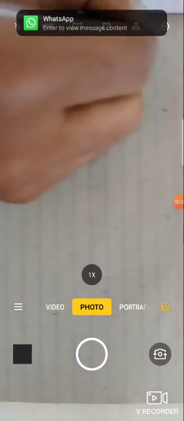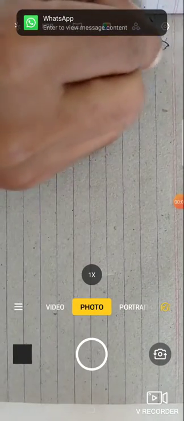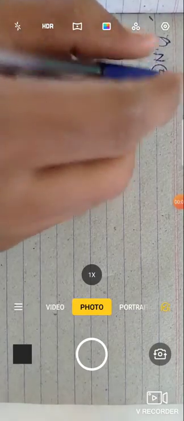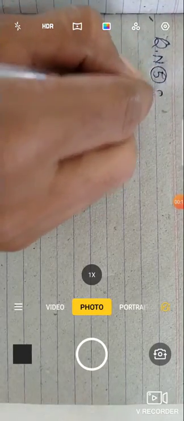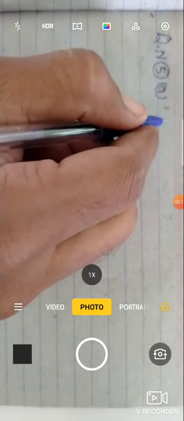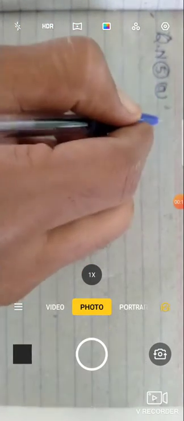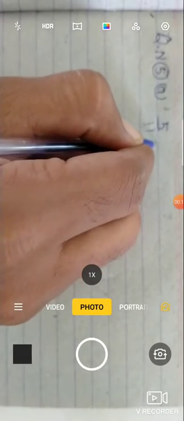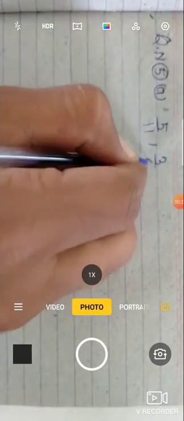Again, welcome dear students. Now we will solve question number 5 of exercise 3.2, 5 A part. The 4th B part you must solve, that is homework. So 5 A part, the given numbers are 5 upon 11 and 3 upon 4.